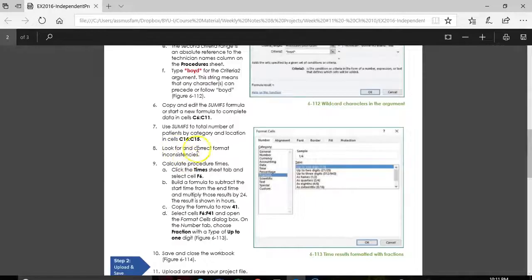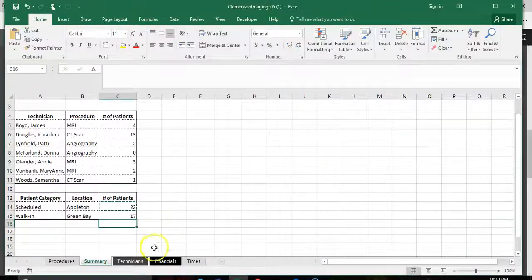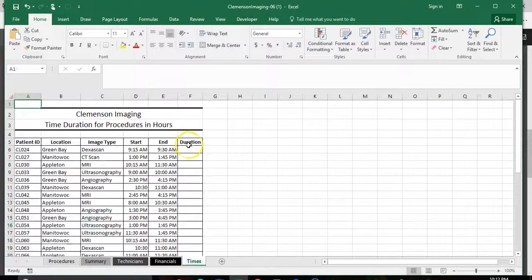Last thing that we're going to do, it says look for any format inconsistencies, that's like borders or whatever. And then last thing that we're going to do is we're going to calculate our times. So I'm going to come over to my times sheet and